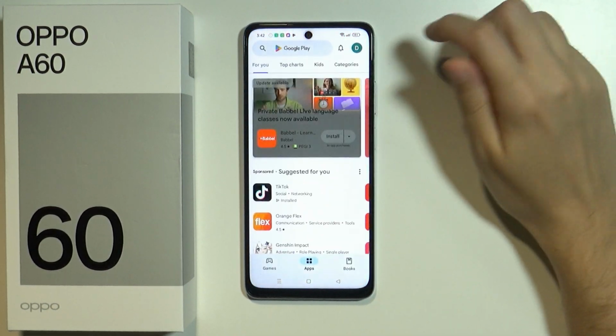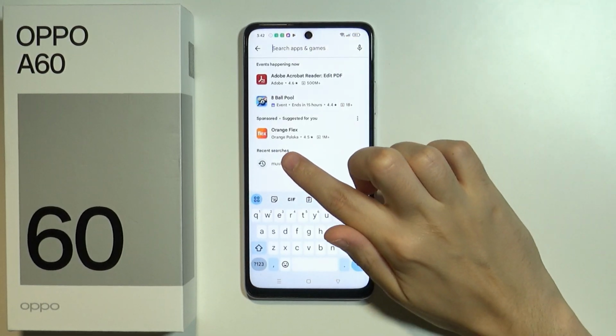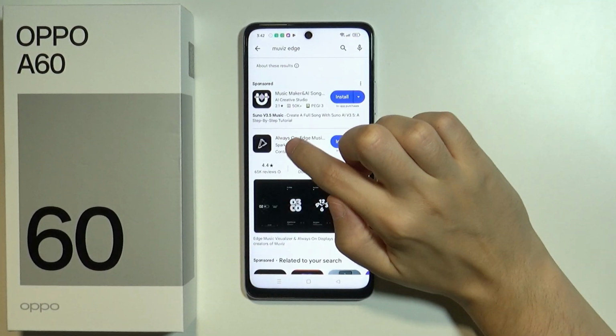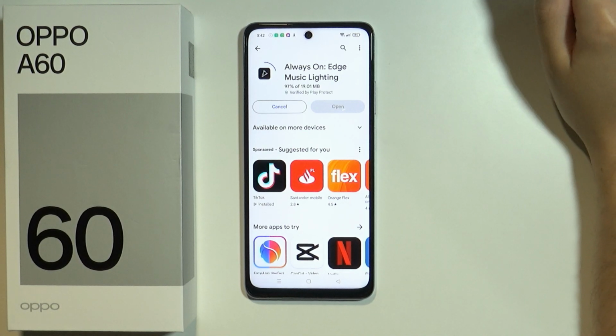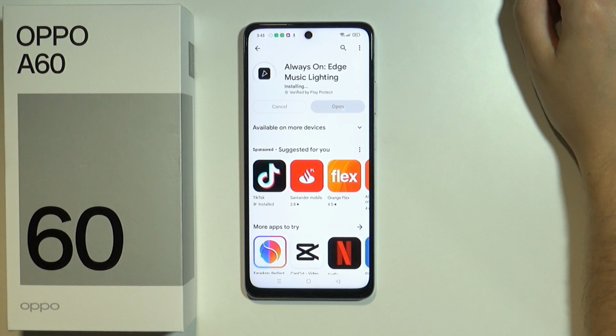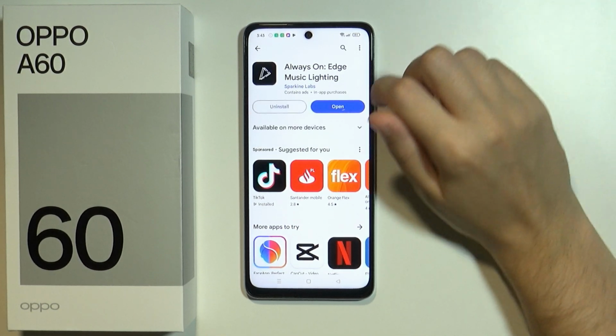So we're gonna open the Play Store, and in the Play Store we need to search for Muviz Edge, and we need to install this app over here. Press the install button, wait a couple of seconds to download the app, and once it is done we can